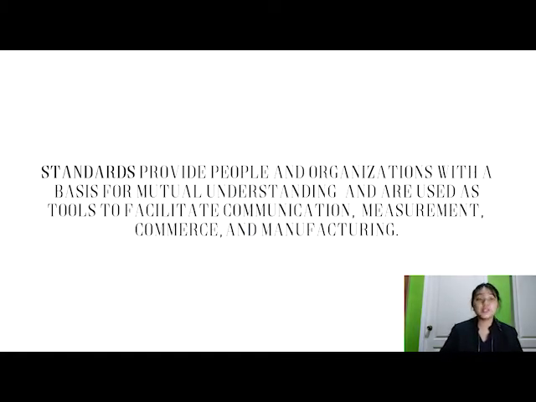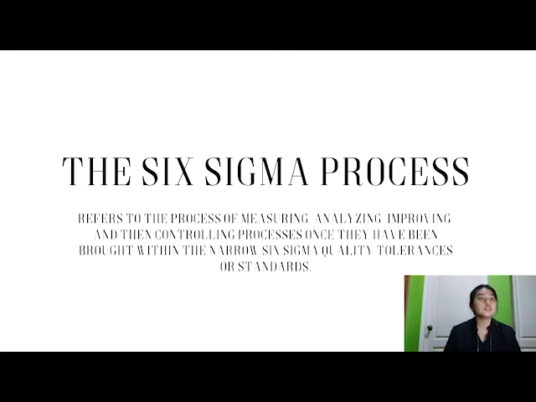In relation to competing for quality awards and seeking ISO certification, many companies use Six Sigma processes. What is the Six Sigma process? It refers to the process of measuring, analyzing, improving, and then controlling processes once they have been brought within the narrow Six Sigma quality tolerances or standards. Six Sigma is a set of methods and tools for business process improvement and quality management. Six Sigma aims to improve quality by finding defects, determining their cause, and improving processes to increase their repeatability and